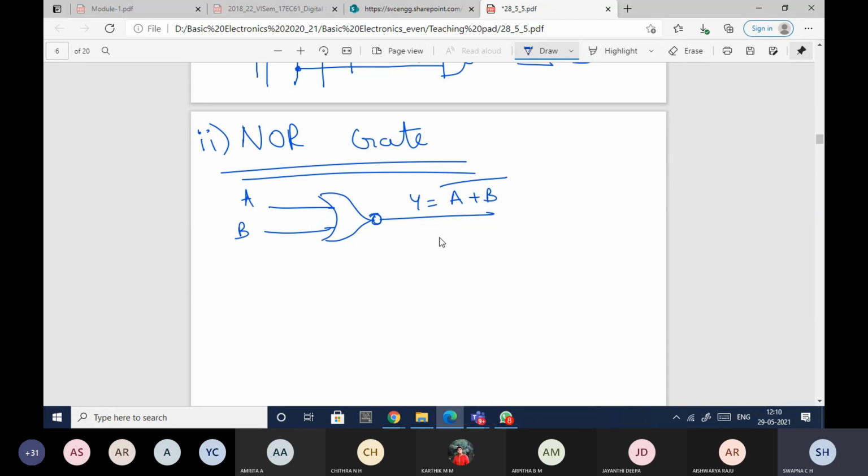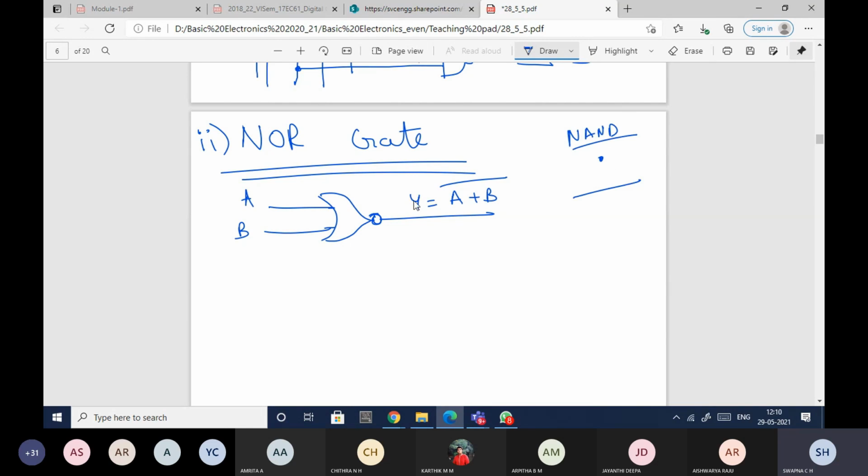Okay, now again NOR gate is said to be the universal gate. The reason behind that is using NOR gate, you'll be able to implement any other function or any other gate. So that is the reason we'll call it as universal gate. So here, when it comes to the NAND gate, the logic was you should have only the dot and whole bar should be there. That is what the logic with the NAND.